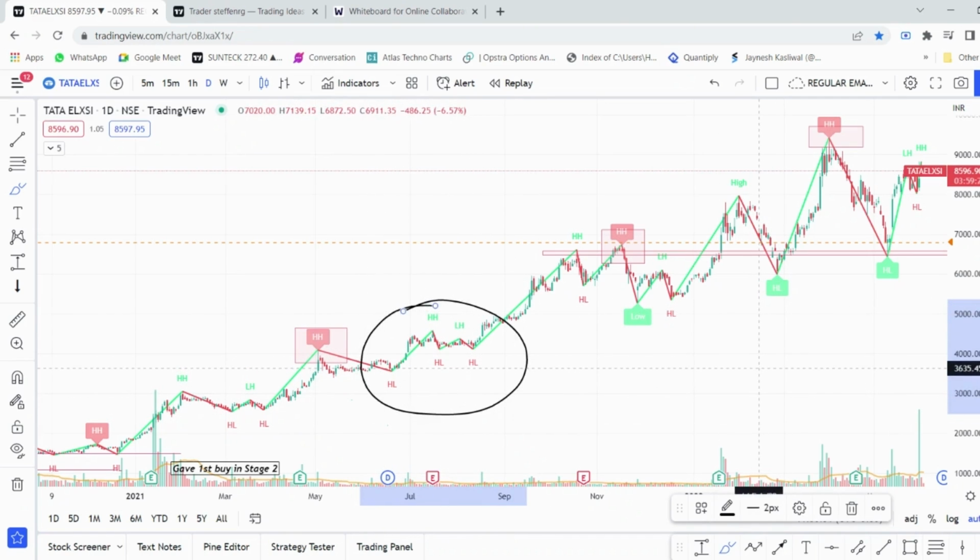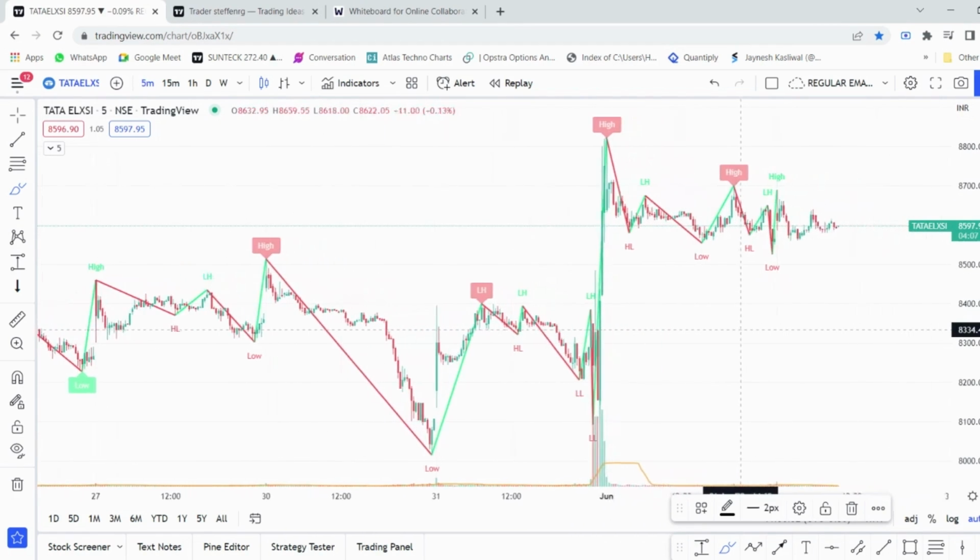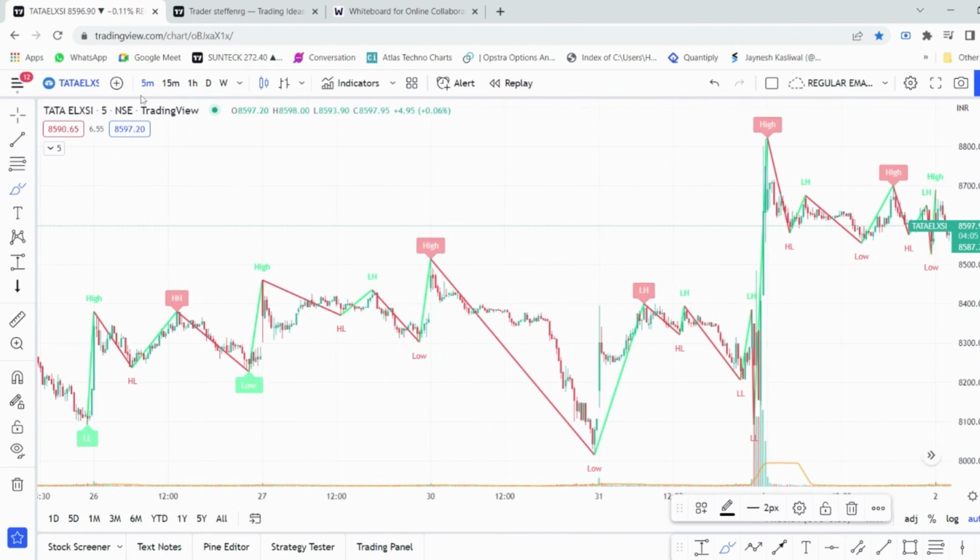So this is an indicator which can help you to identify the overall trend of the stock, and you can use this indicator with a combination of other indicators to improve your accuracy or to improve your trading. And this gets plotted dynamically as and when you change the time frame. So if you use 5-minute time frame, it will plot the higher high higher low depending upon that time frame.